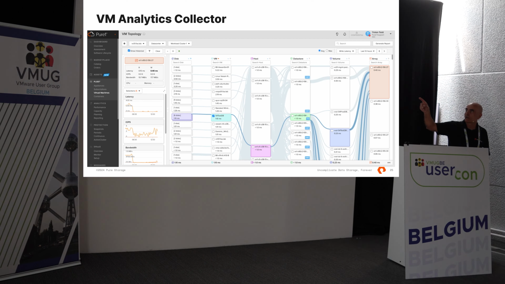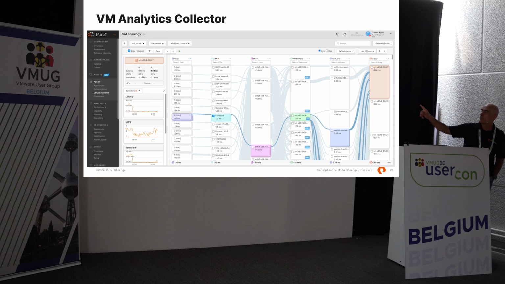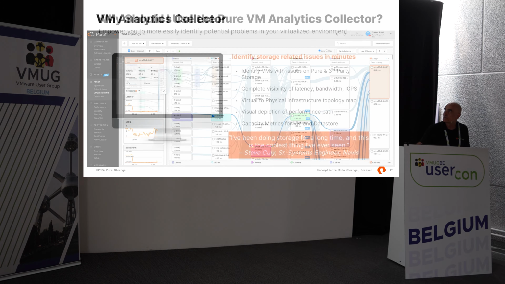whether they are on the virtual machine, or on the vSphere layer, or down to the fabric till the array. So you can identify with this tool exactly where the bottleneck in your infrastructure, or even in the application, resides.